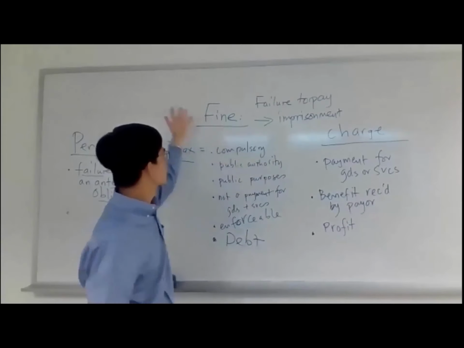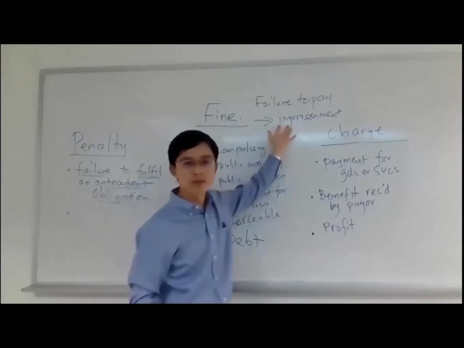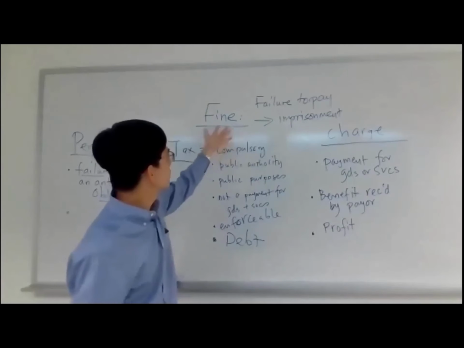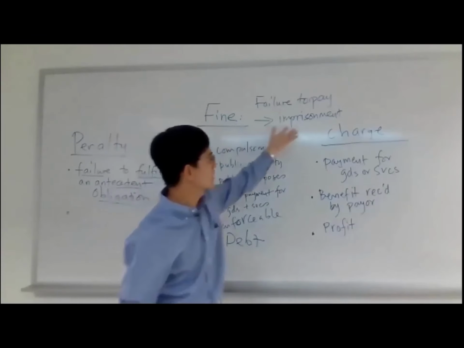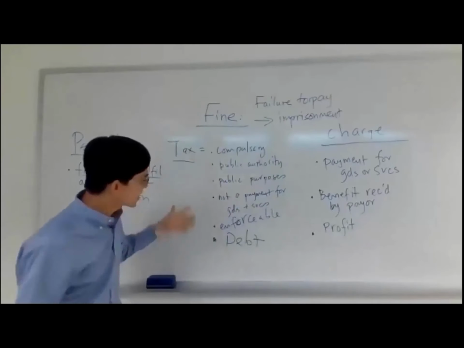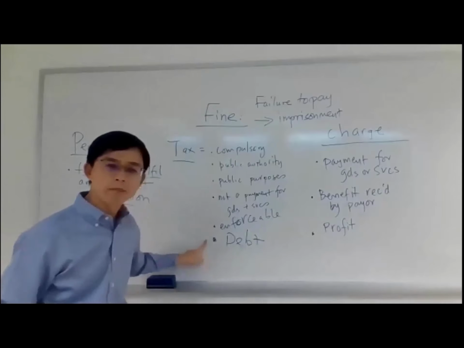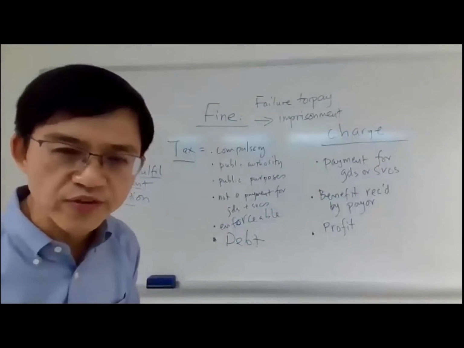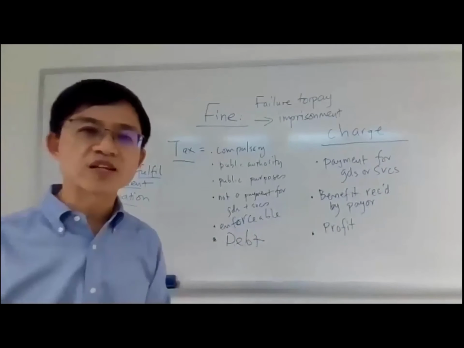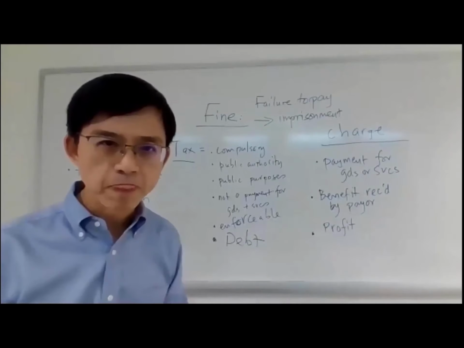Failure to behave yourself attracts criminal liability, you can be sentenced to jail or pay a fine, and the failure to pay a fine could result in jail. Whereas tax, it is compulsory, it is again all these things, but you can never be put in jail for failing to pay tax. You could just have all your property taken away